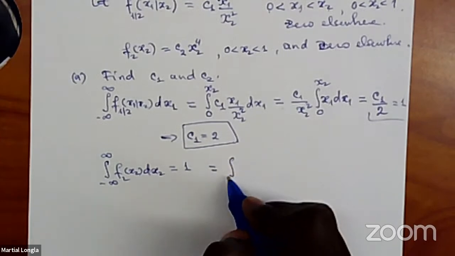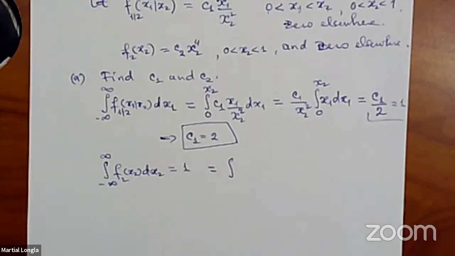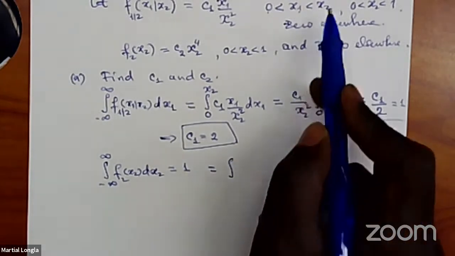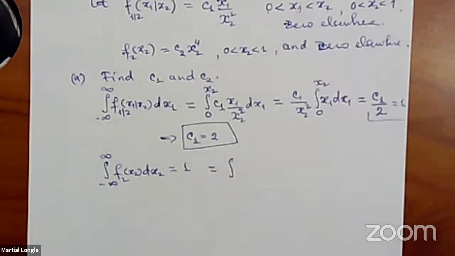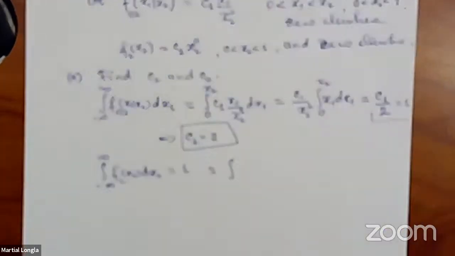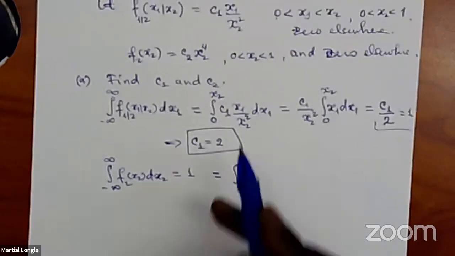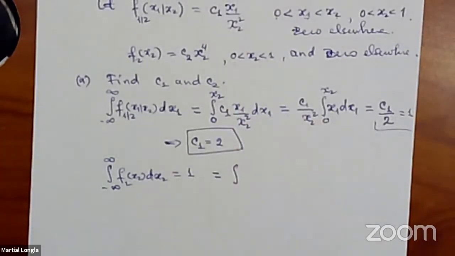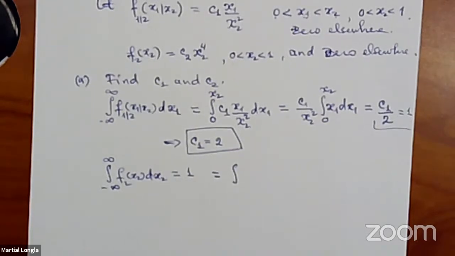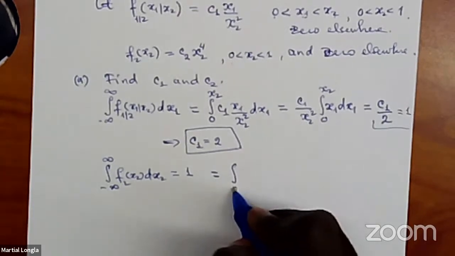What should be the range of integration? 0 to 1. You can't say it is x1 to 1, because there's no x1 in this thing. The range is right there for f2, 0 to 1. It's the marginal distribution of x2, which has nothing to do with x1. So 0 to 1,